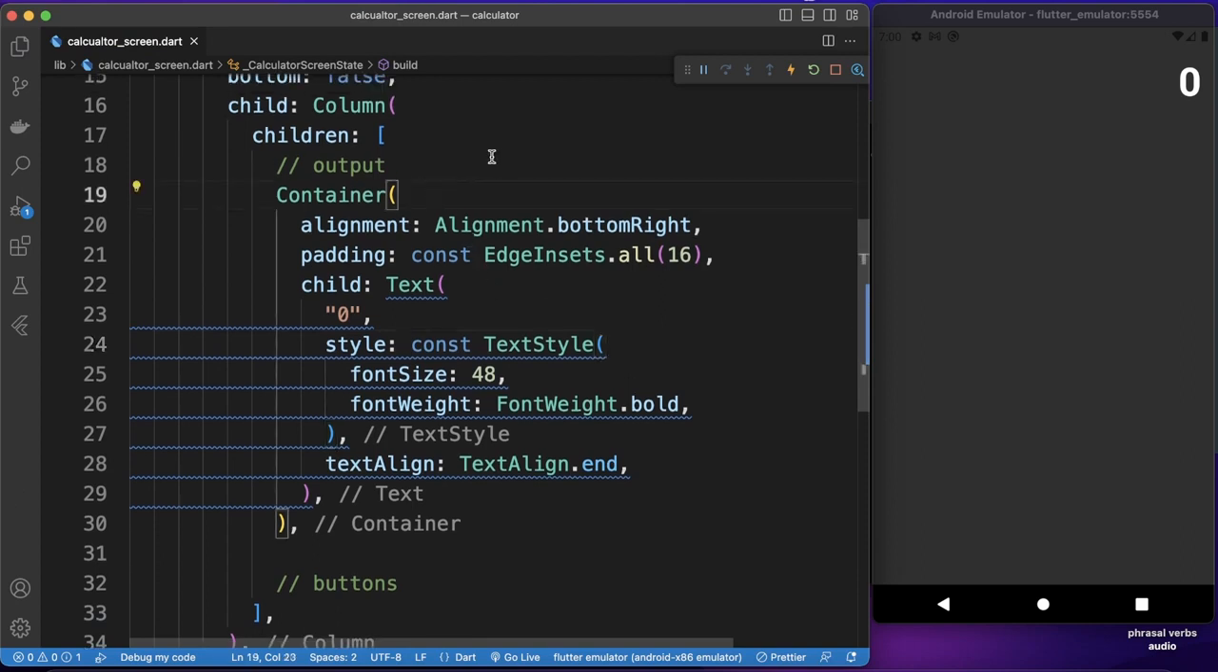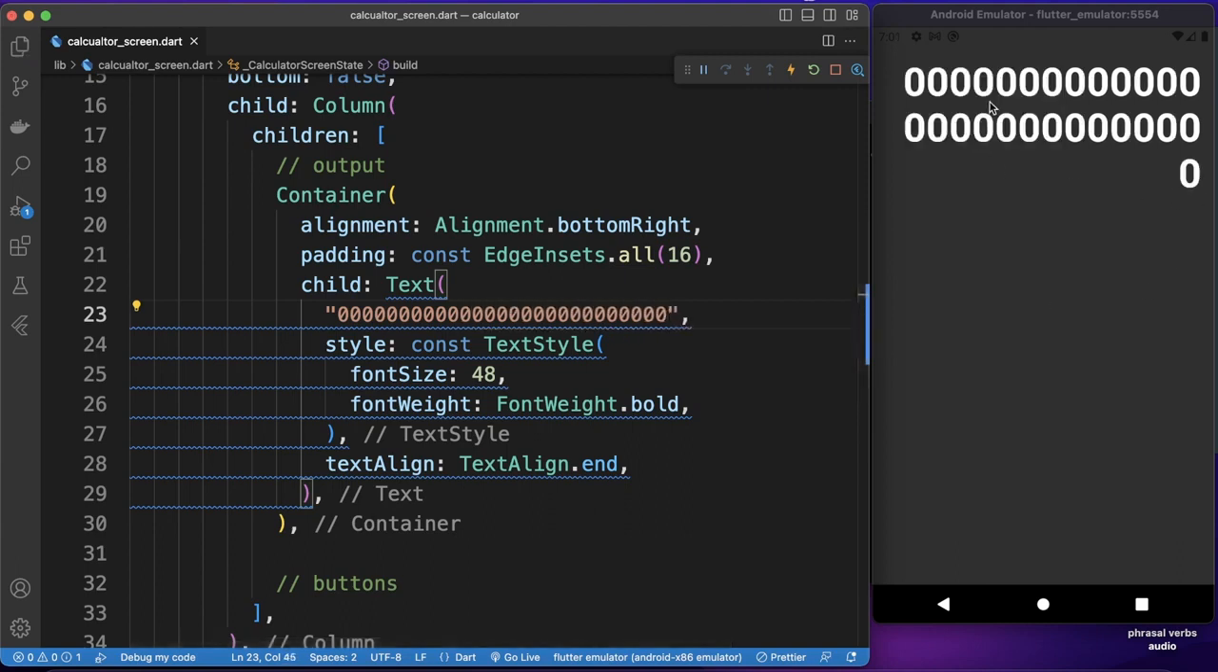So now, sometimes the output might be long and multi-line, okay? I'll show you what I mean. If we give this a lot of zeros, just like that, it will go to a new line, as you can see, just like this. If we have a result that is long and multi-line, it might overflow. We want to avoid that kind of issue,